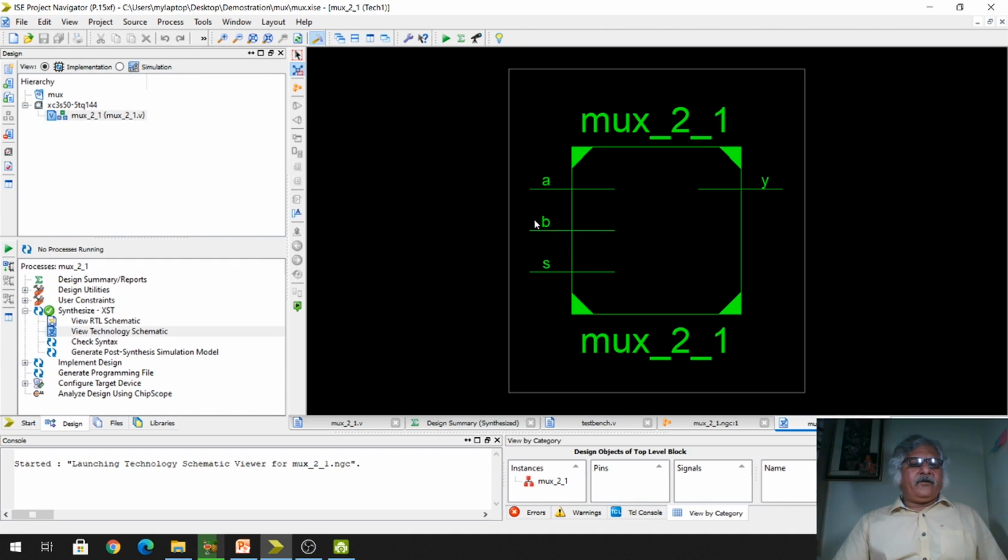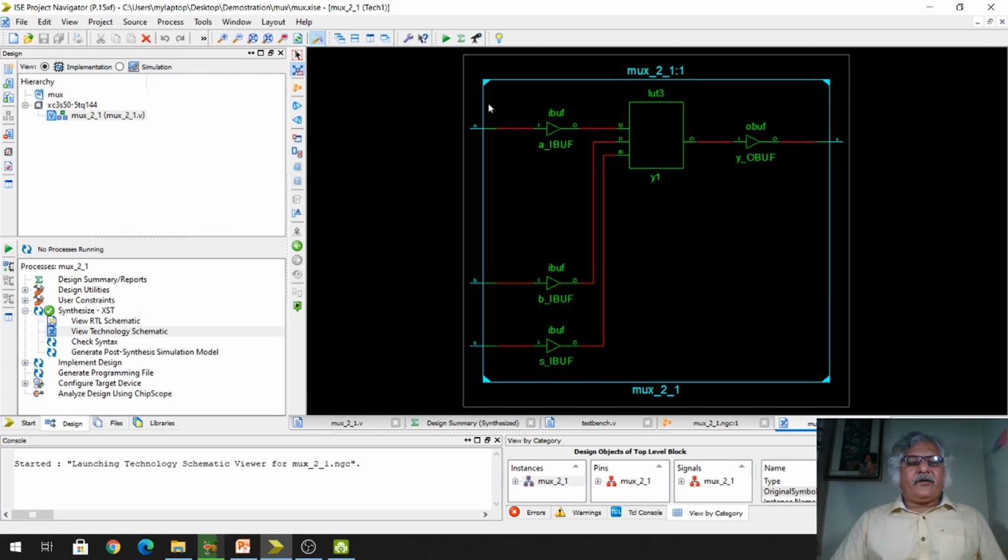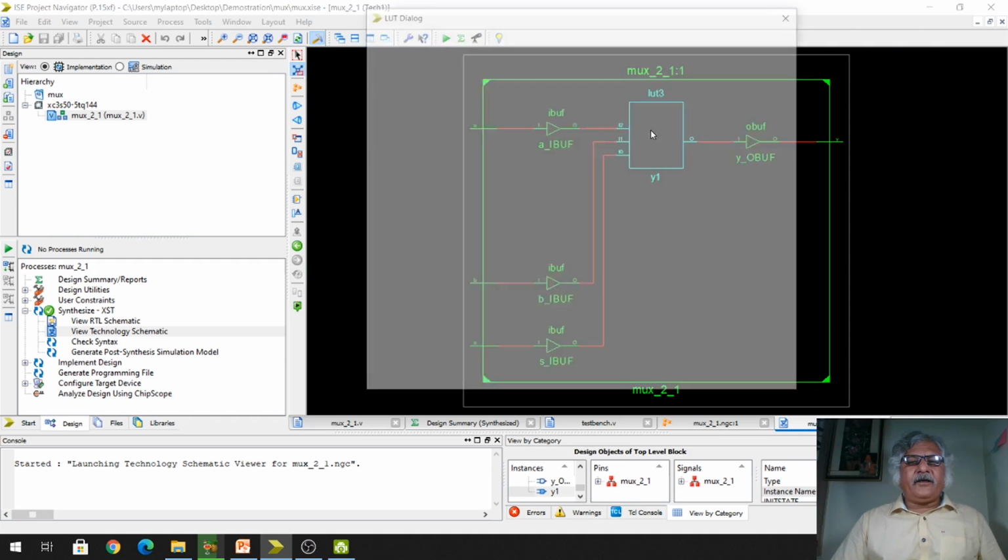So you see here, now this is the technology schematic. This is the block diagram of the mux. A, B, S are the ports and Y is also a port. Here the logic is implemented in this LUT.